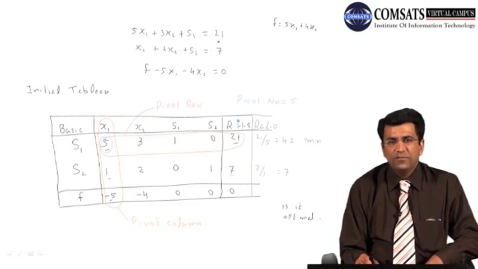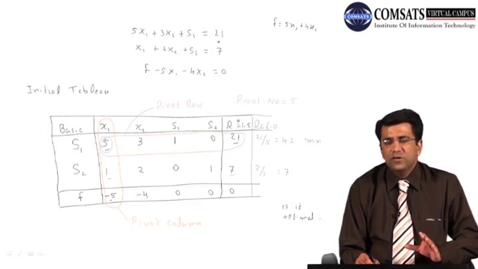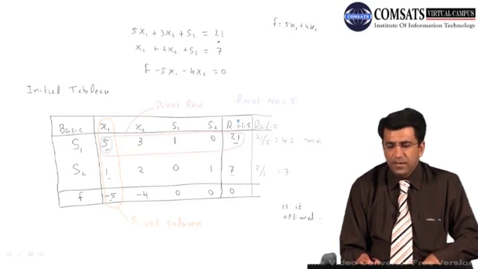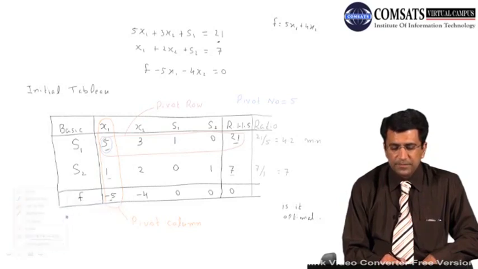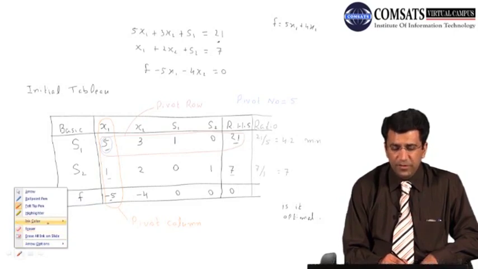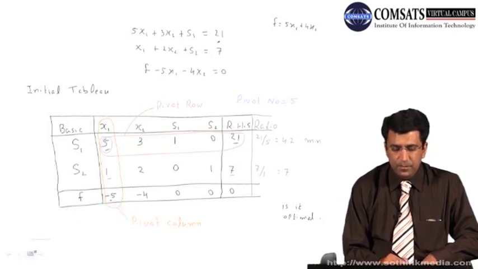Now this is very important, and we will discuss this pivot column, pivot row, and pivot number again and again when we are going to formulate similar tables in the next steps. So it is very important that you know the different steps of how we identify the pivot column, pivot row, and pivot number. There is another very important thing you should note down at this stage, that is the leaving variable and the entering variable. Now what are the leaving and entering variables, class?